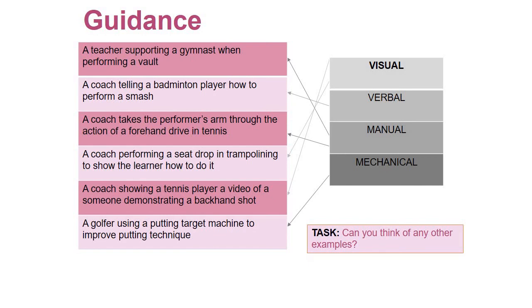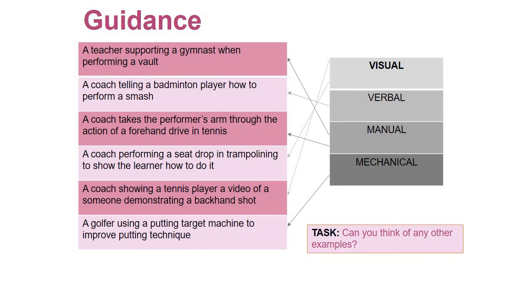So the first one, a teacher supporting a gymnast when performing a vault, is an example of manual guidance. A coach telling a badminton player how to perform a smash is an example of verbal guidance. A coach takes the performer's arm through the action of the forehand drive in tennis, is another example of manual guidance. A coach performing a seat drop in trampolining to show the learner how to do it is an example of visual. And then again, a coach showing a tennis player a video of someone else demonstrating the backhand shot is another example of visual. And then finally, a golfer using a putting target machine to improve their putting technique. So it's an improving aid, an example of mechanical